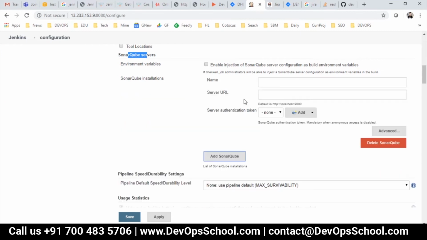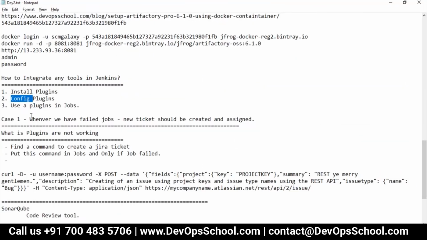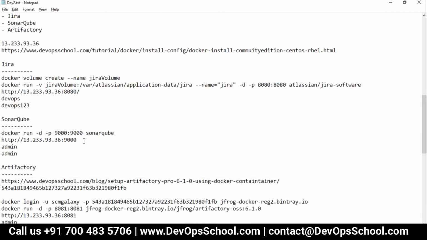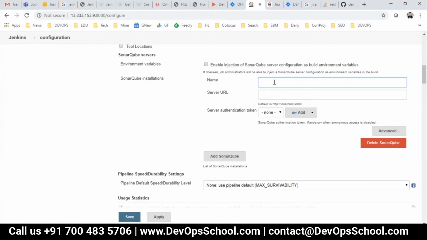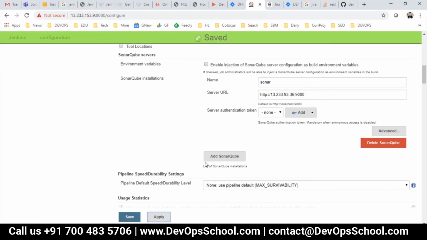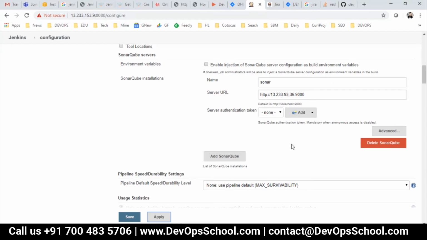Here it is. Now name, Sonar, URL, and here there are some issues again. Same thing again. It's completely experience which will help you to work on Jenkins. Nothing you can do here. If I click here, nothing happens, because it should pop up actually. So what is happening? Why is it not working?